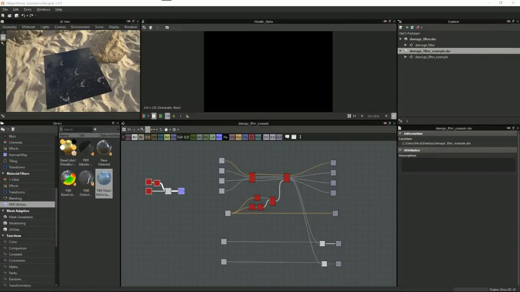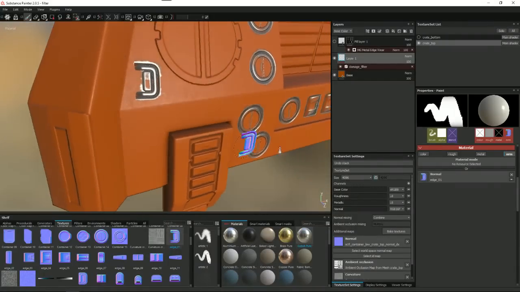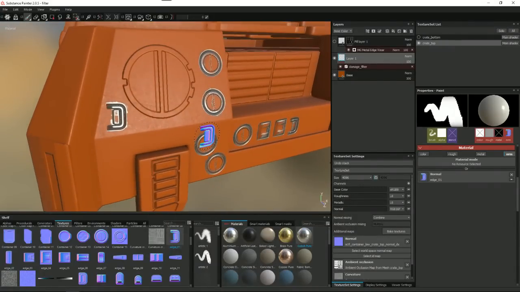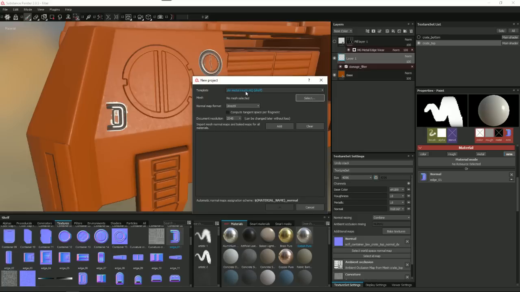Okay. All right, let's jump back over to Designer here, or excuse me, Painter. I keep getting these two confused. Let's come over and just create a new project. So let's just set this guy up from scratch too. So here, like I said, I'm using,